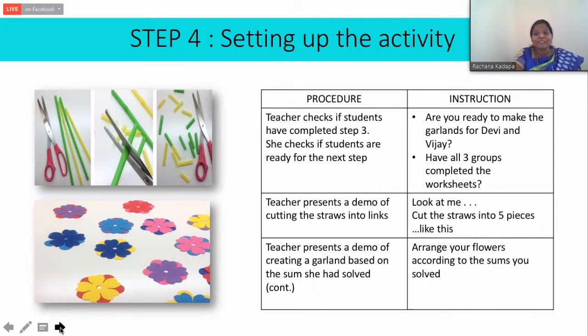Have all 3 groups completed the worksheets? So first they have to complete the worksheets, or in the textbook also they have given some space for filling